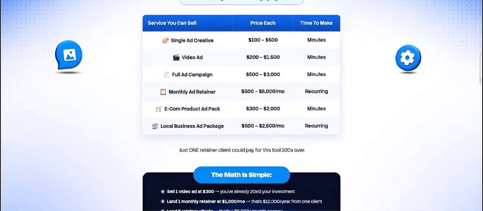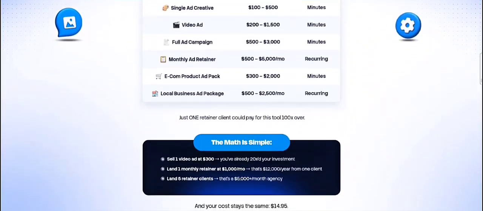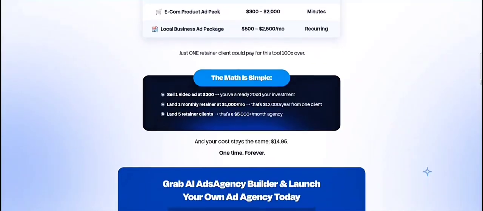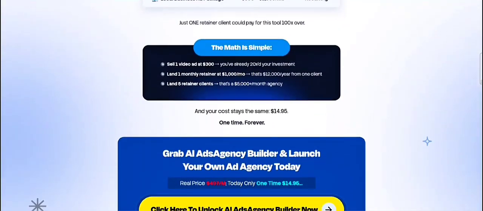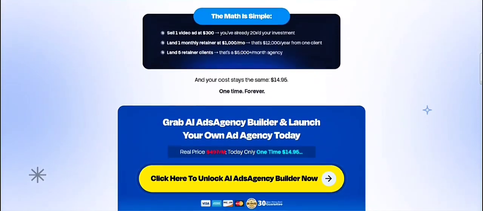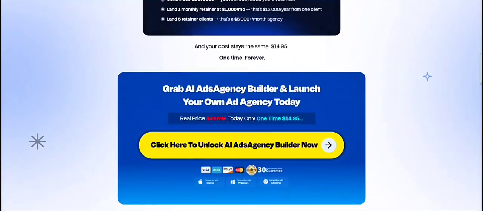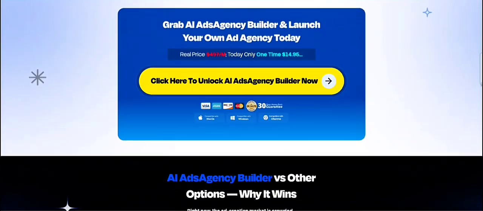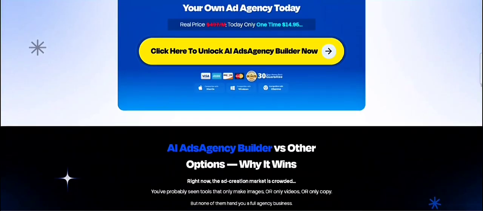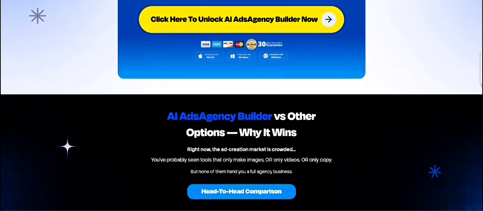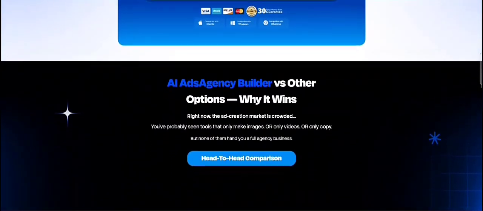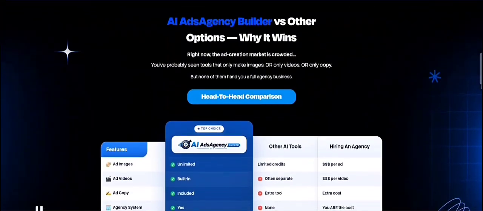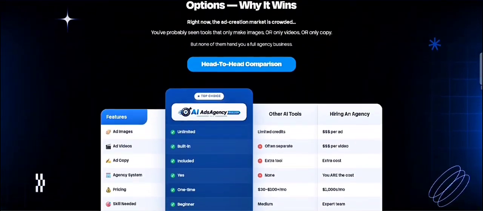Now let's talk about the price. At the time of this review, the front-end offer is advertised at $14.95 as a one-time payment, rather than a recurring monthly subscription. The sales page also lists additional upgrades for people who want more features or expanded capabilities. And there's currently a 30-day money-back guarantee advertised as well. Because promotional pricing can change, I would recommend checking the current offer before purchasing. But purely from the entry price,